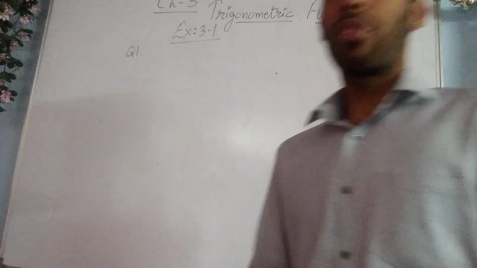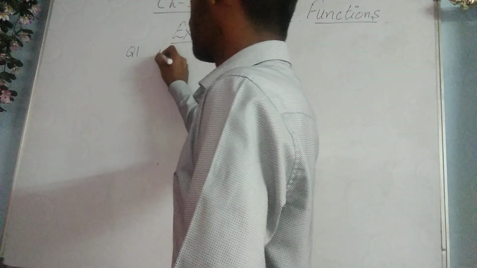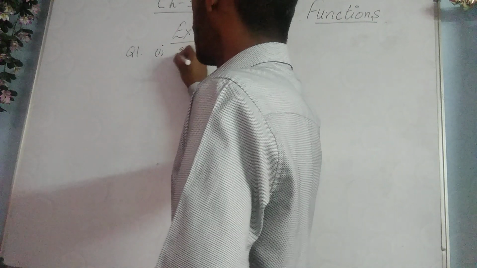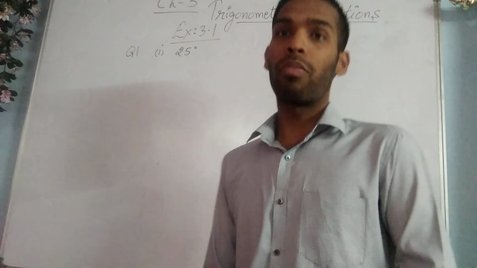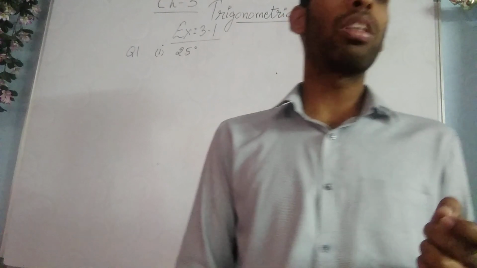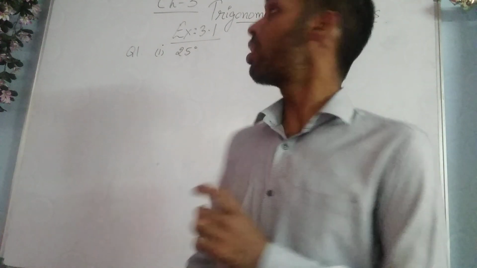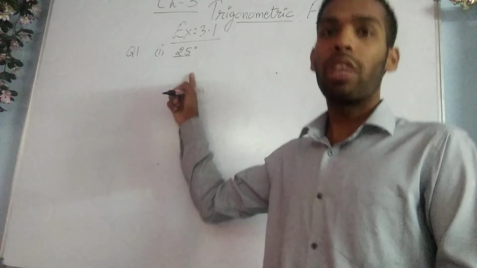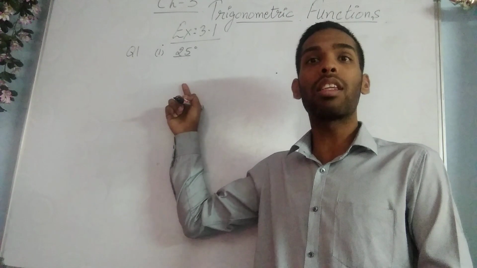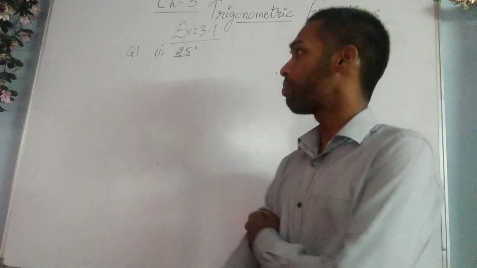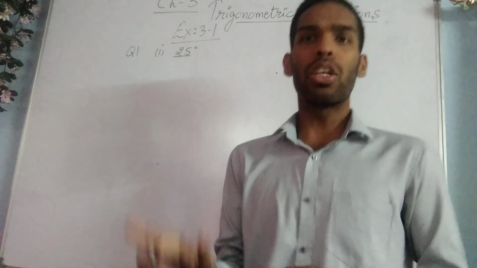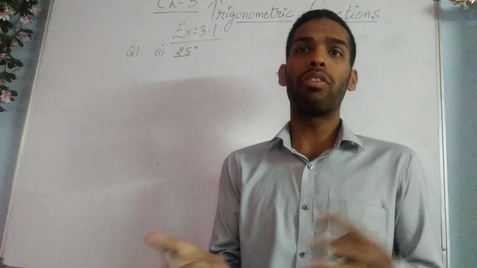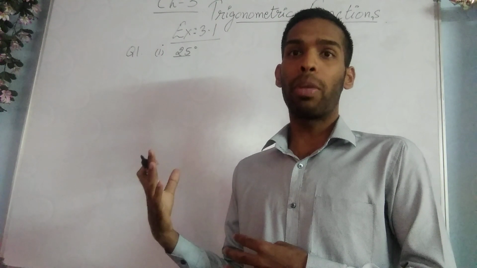Just to start with, we are starting with the very first measure, that is 25 degree. The question is, you have to find out the radian measure corresponding to the following degree measure. That means this measure is given to you in degree measure and you have to convert this measure into radian measure. Since the relation is just simple, as we have just studied in the very previous topic, that was